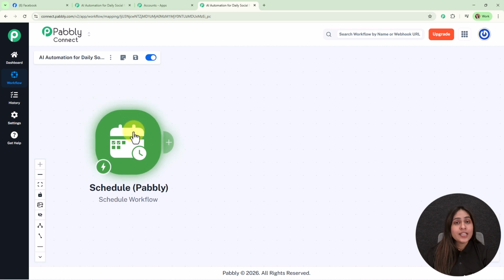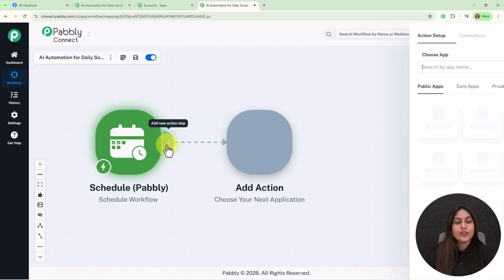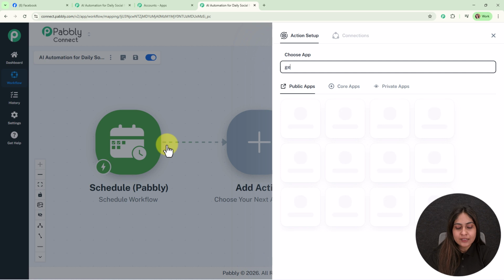Alright, now after scheduling this automation, what I want is for AI to generate the social media content for my fitness studio itself without me offering any post idea. So in that case, we are directly going to connect our AI application in this automation. Here I'm going to use my AI tool as Gemini, but you can connect your OpenAI account or Perplexity AI as well. Alright, we're going to add an action step over here, and here I'm going to select my